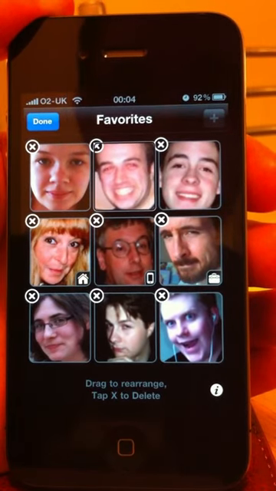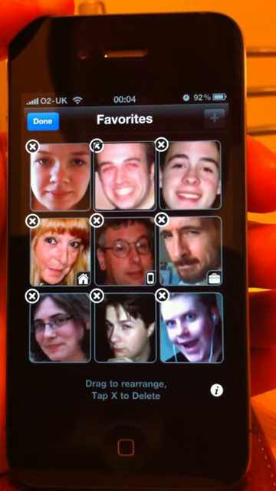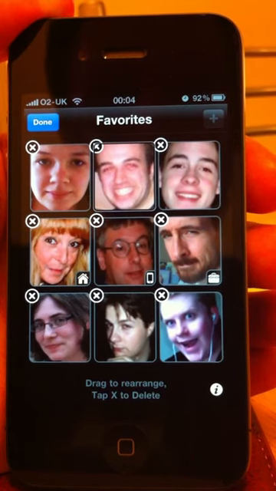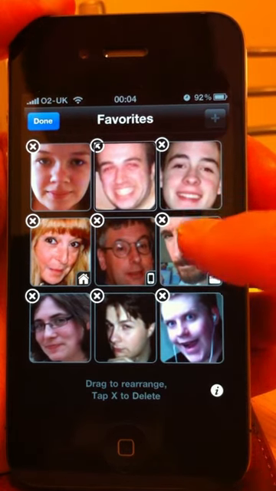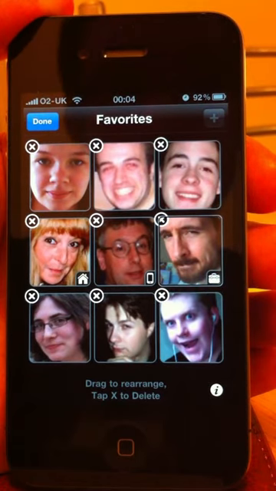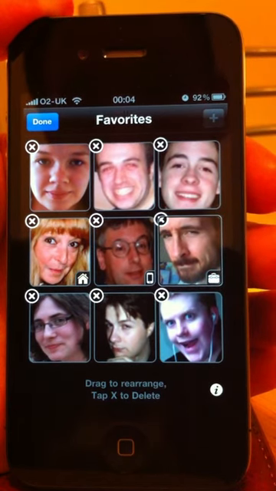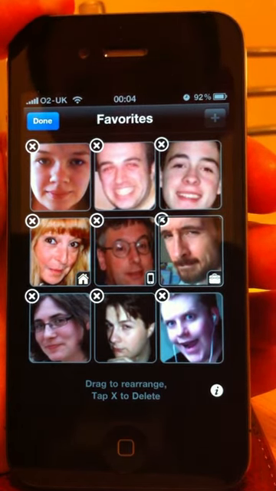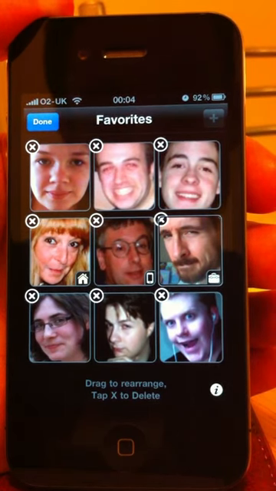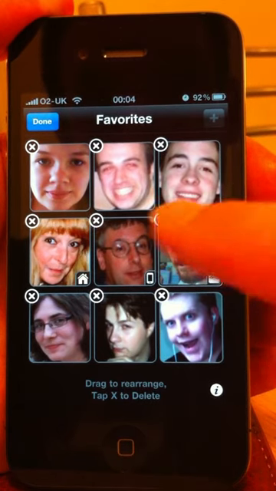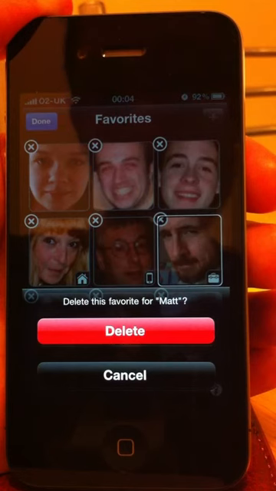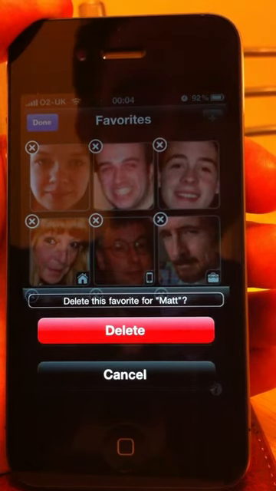So what I do is I check to see if VoiceOver is enabled, and if and only if VoiceOver is enabled, I will also accept a double tap on the element to delete it, or to obviously ask if you want to delete it. So if I select myself, Matt, work button, drag to rearrange or double tap to delete. I can obviously double tap, hold and drag, which is like a single tap drag, in order to drag it about as you saw. But I can also double tap, which in VoiceOver land is a triple tap, to delete. Alert, delete this favorite for Matt. And we can obviously swipe